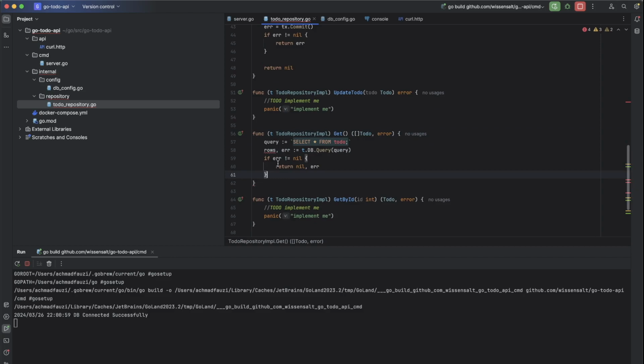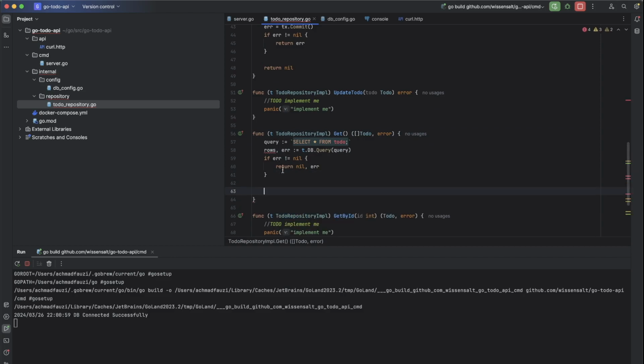If it is successful, if there is no error, we'll just scan the result from the rows. For rows.next, we will scan and provide the result here. For result is the list of to do.